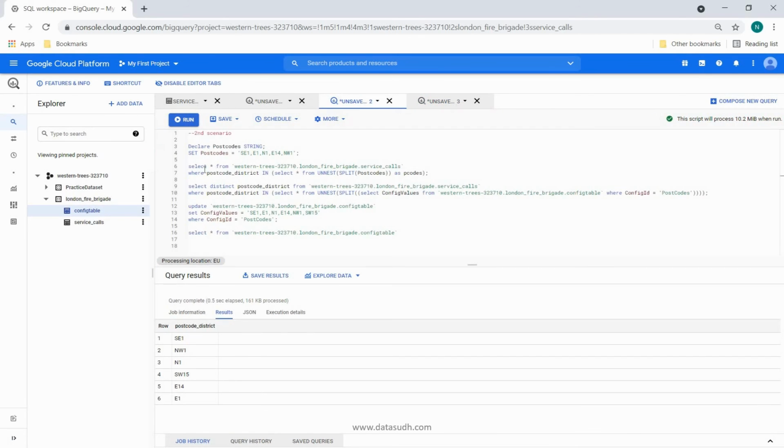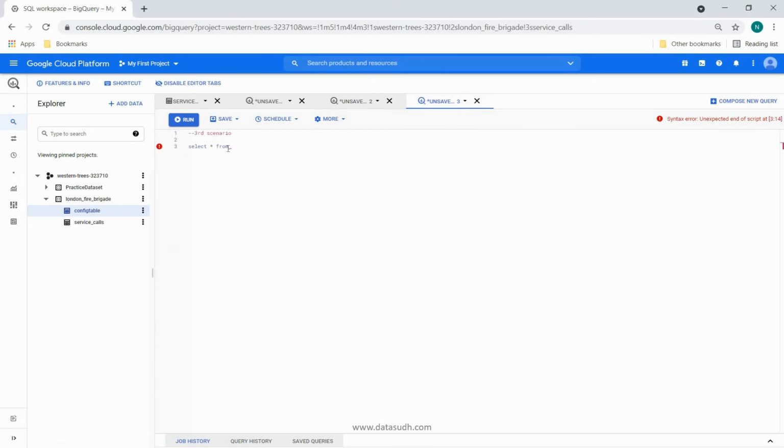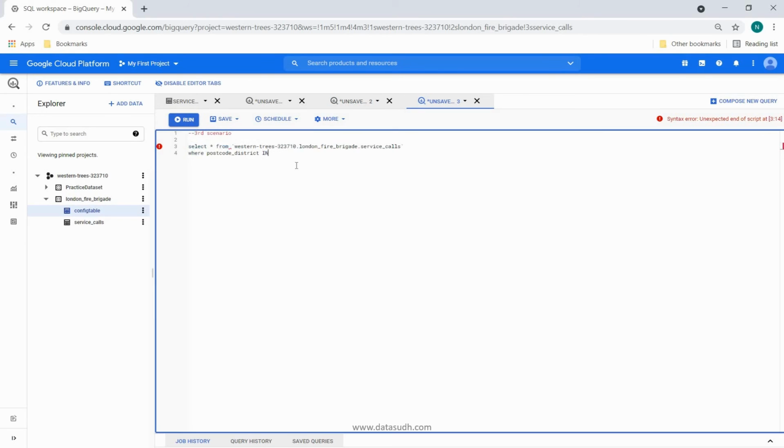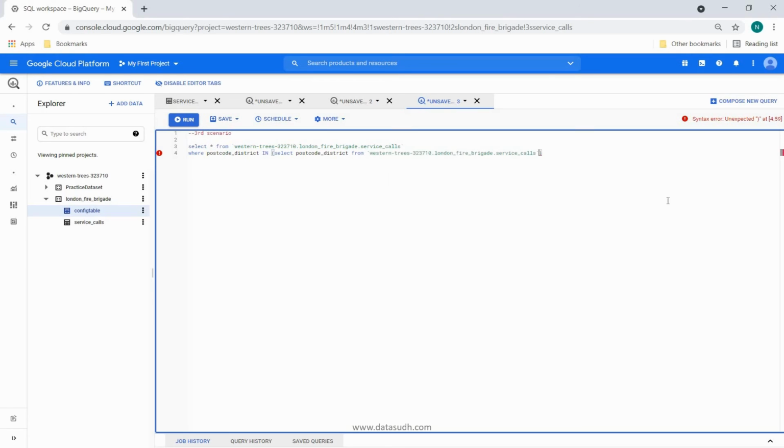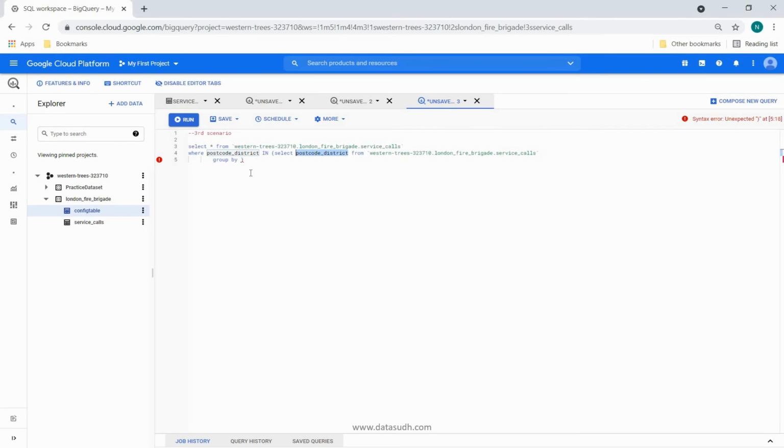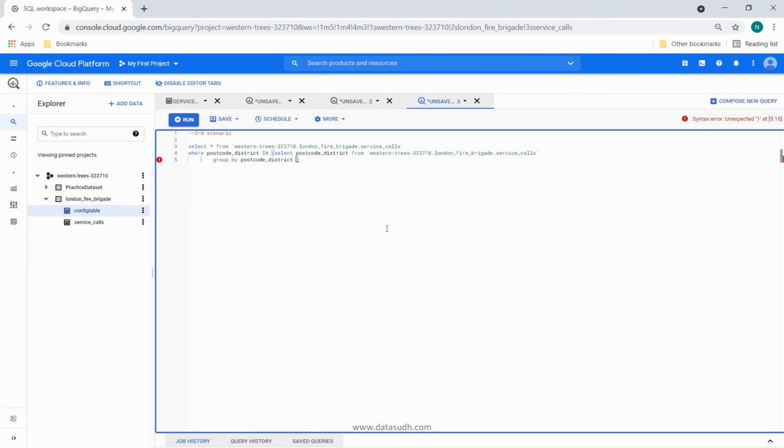So how we can do that is, let's take this from here, and this can be any subquery. I am just giving one example. Select postcode district from this, group by postcode district having count star greater than 100.